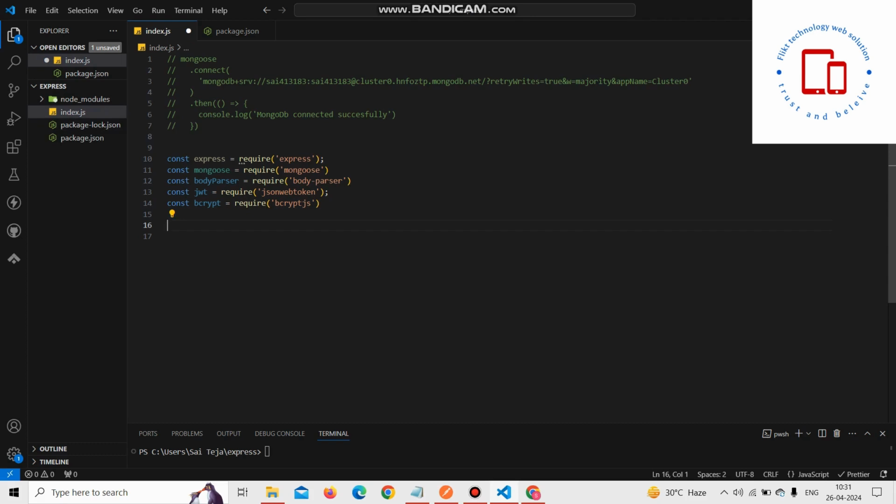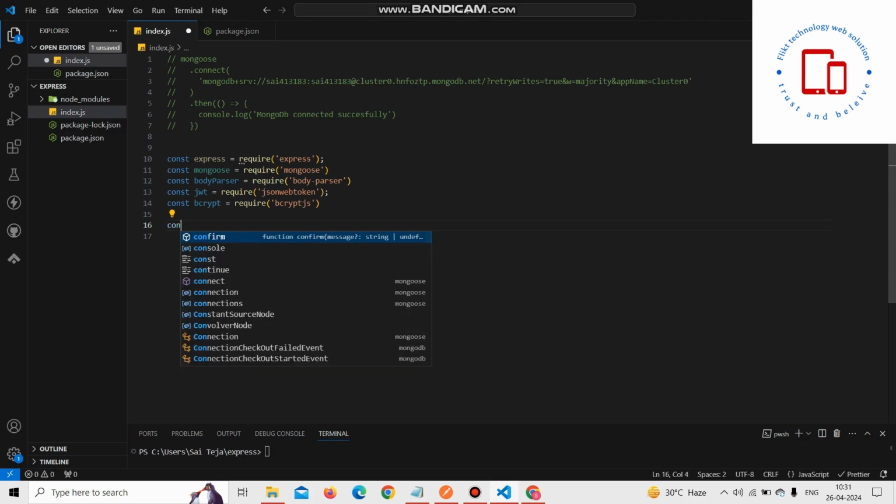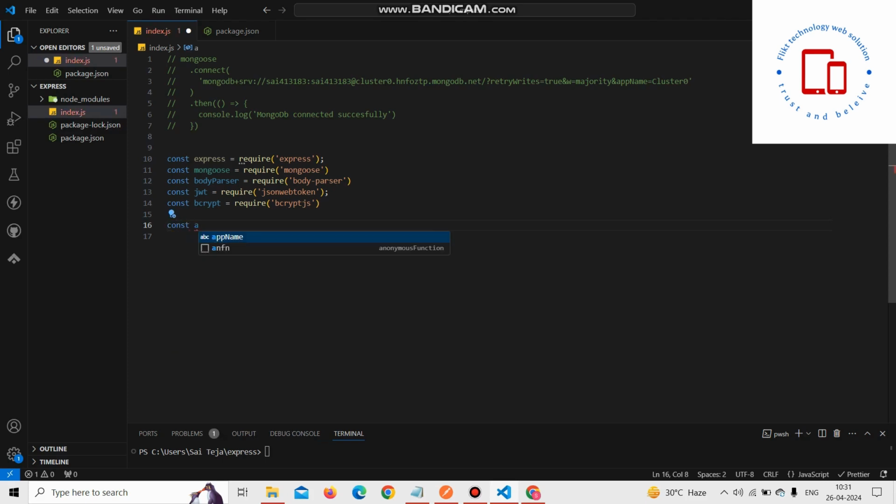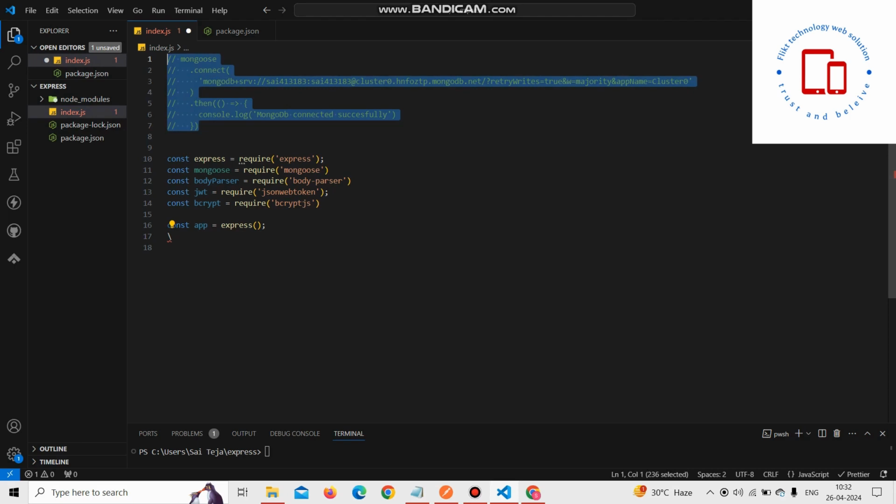Next, we want to create an Express application. Create an instance of the Express application. For that, const app equal to express. Next, we want to connect MongoDB, connect to your MongoDB database using Mongoose. For that,